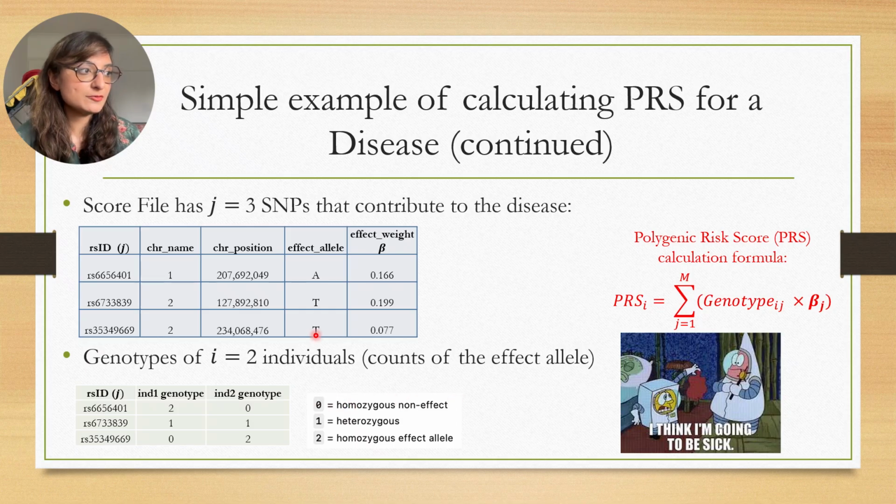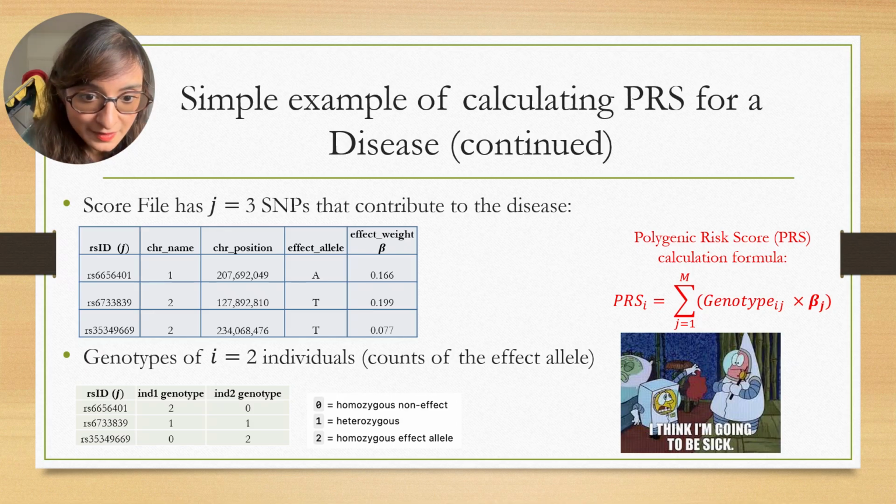If you have a 0 for the genotype, then from both parents you don't have the effect allele. So for these 3 SNPs and these 2 individuals, the first individual's genotype is a 2, which means that for this SNP they have both effect alleles, AA,